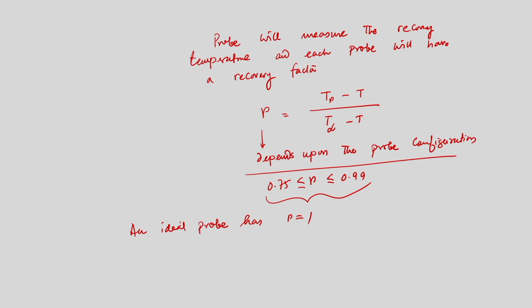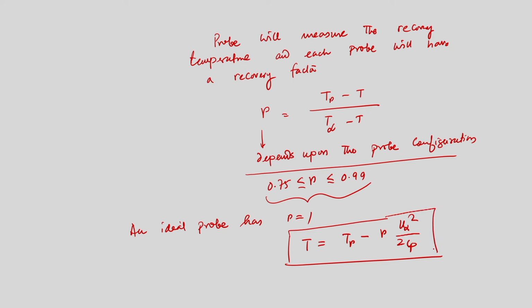Now, the question is, if we use T is equal to T R minus R into U infinity square by 2 C P, that is, if we use this formula for the static